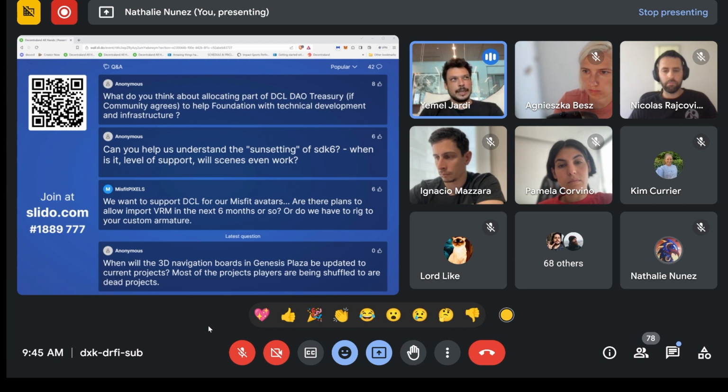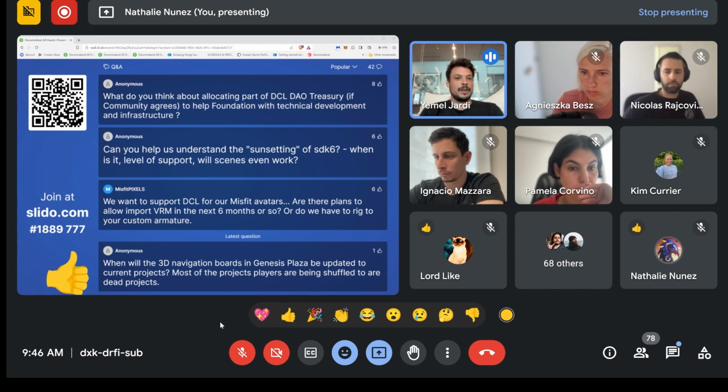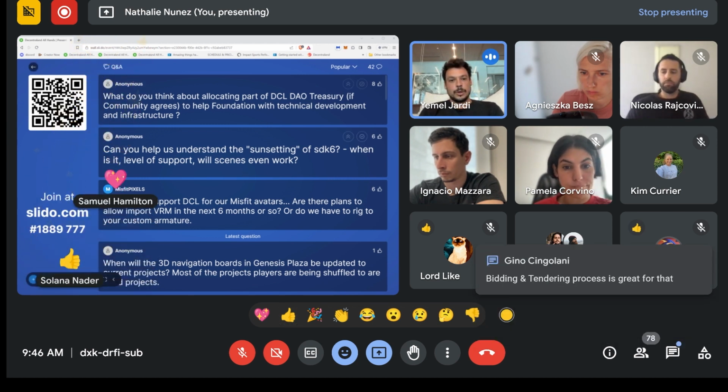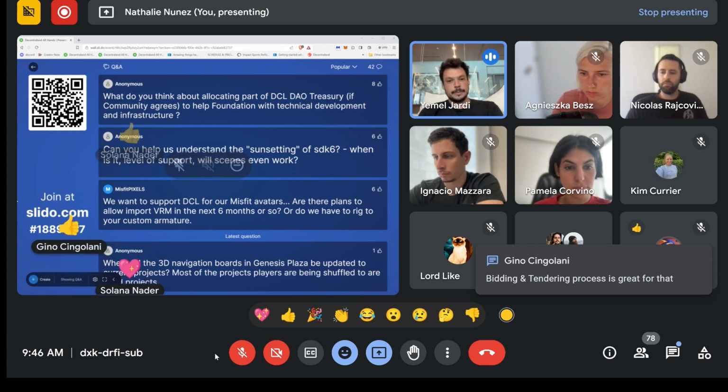Also, during these cycles, maybe we plan for 40 different initiatives, but we can only execute on maybe 20 of them. So the other 20 are still up for grabs. We have been discussing with Gino pushing some of those through the tender process. So maybe that's another way we can help in the shaping of an initiative and then outsourcing it to a third party to take it.